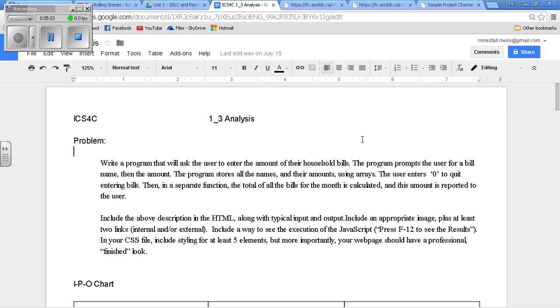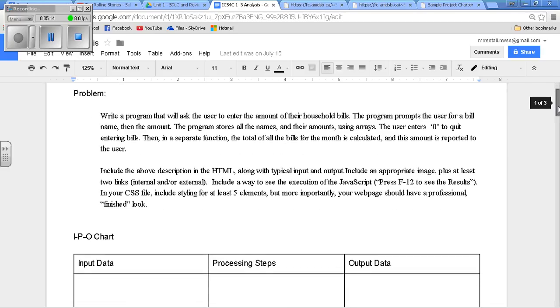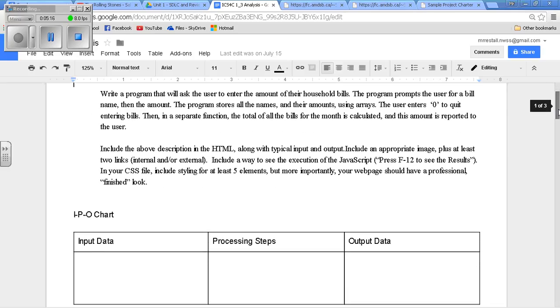So how can we get going? How do we start analyzing what's required? Well, there's two little tools that I'm going to show you. One is called an IPO chart. I input, P processing, O output. And if that reminds you of the hardware software business from last year, indeed this is quite the same sort of thing. So what we do is we plan our solution based on how the user will have